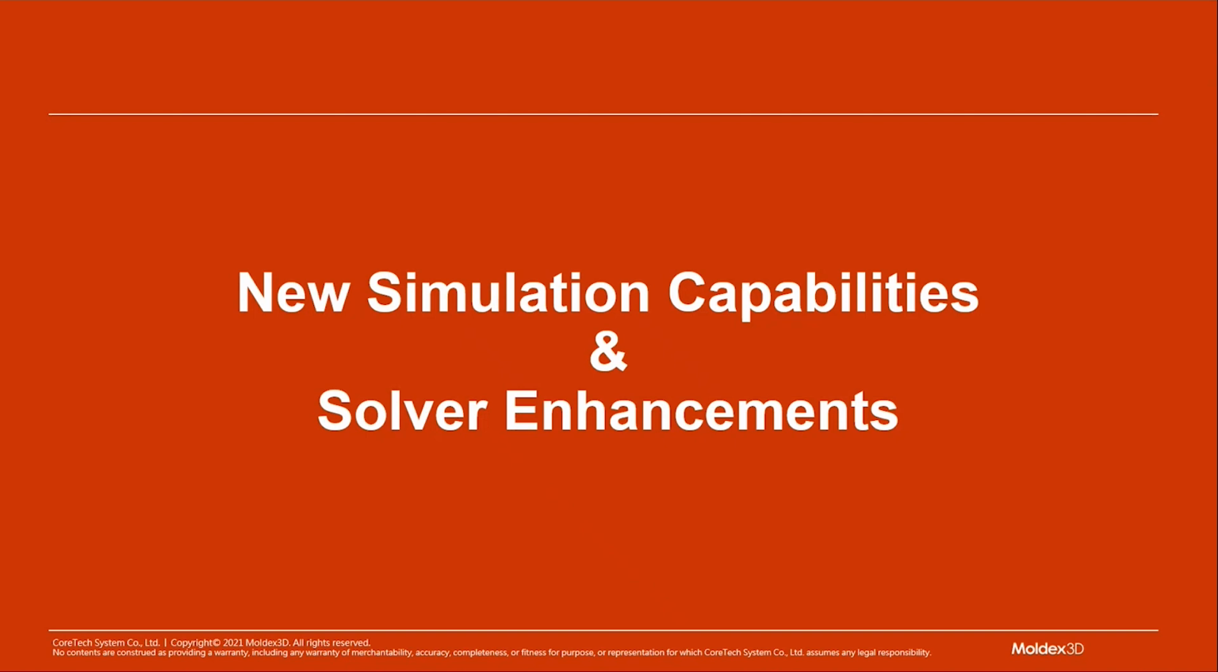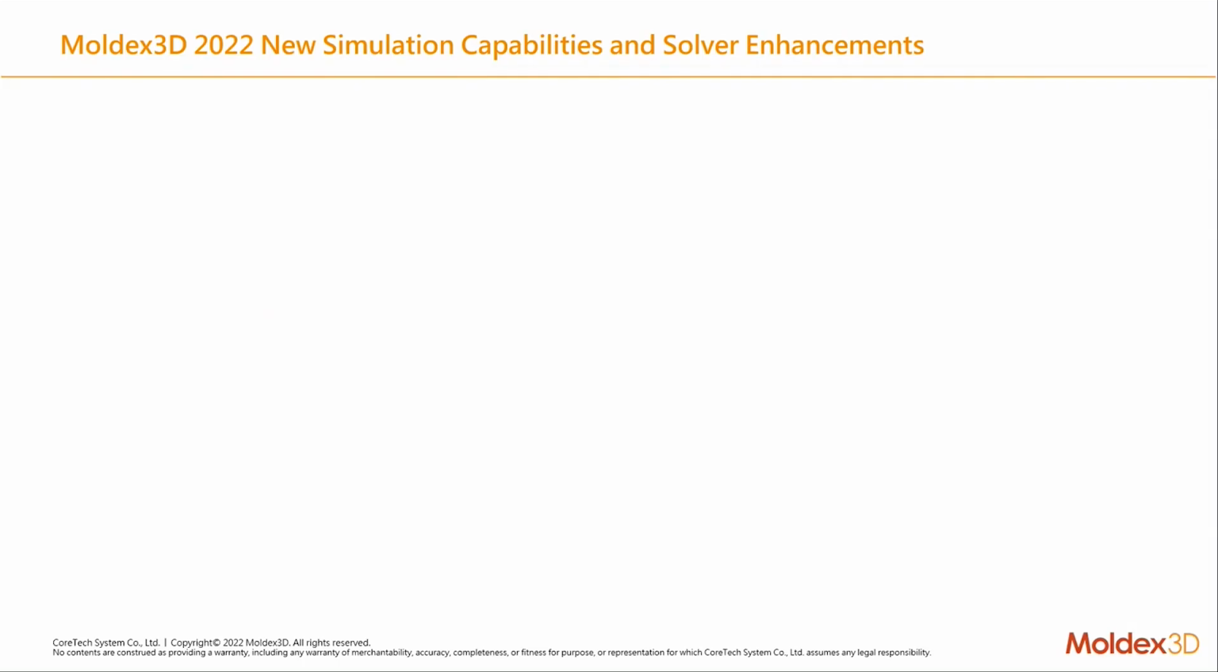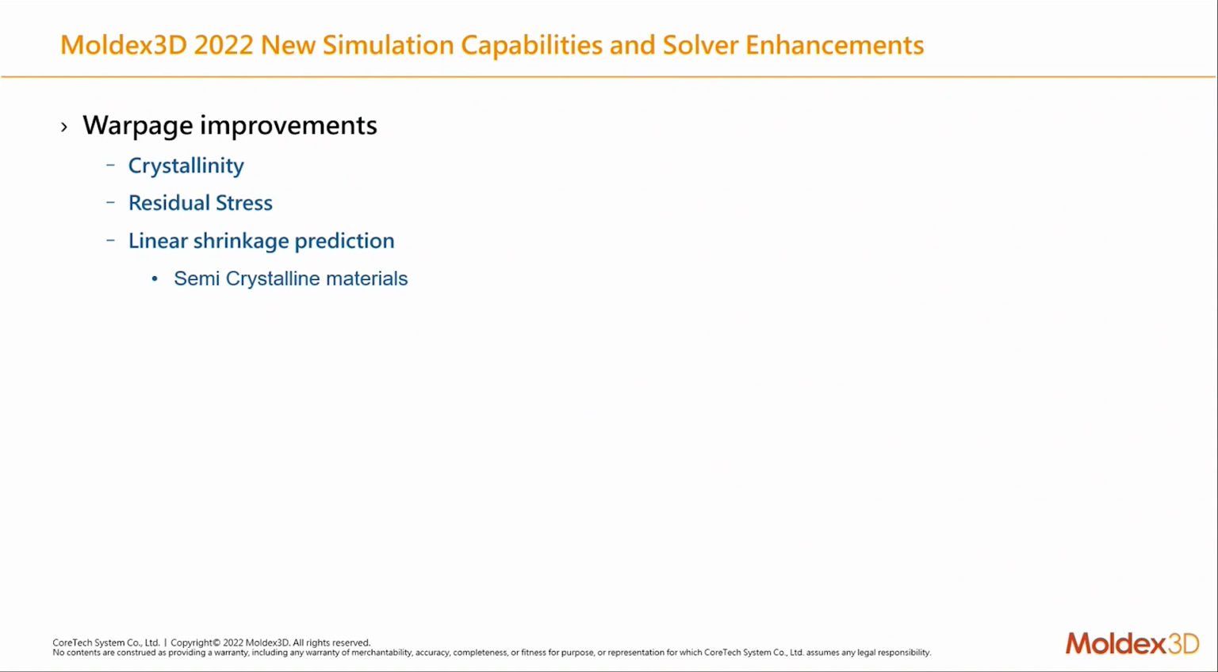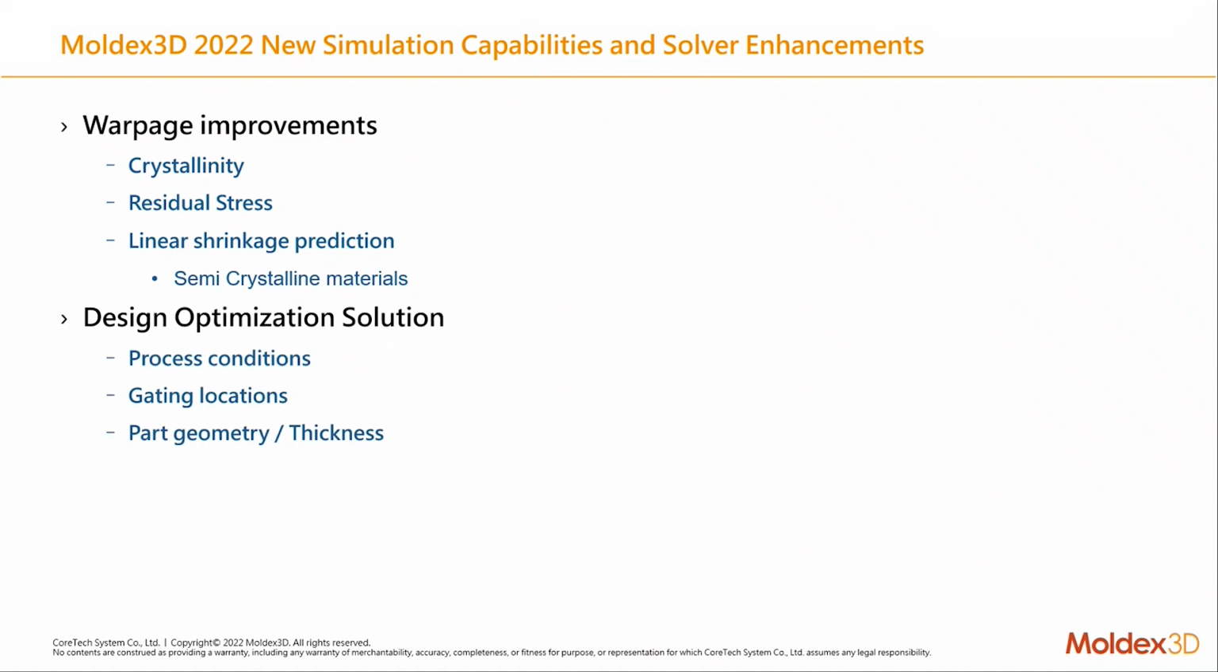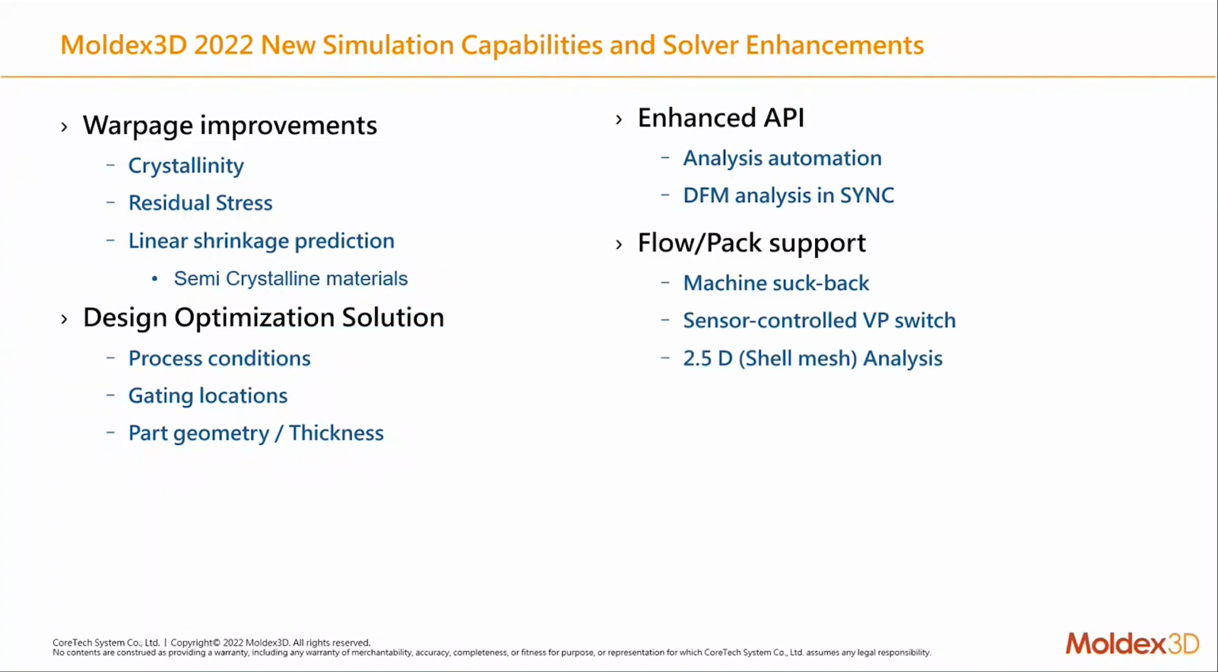New simulation capabilities and solver enhancements. Warpage improvements based on crystallinity, residual stresses, linear shrinkage predictions, and then design optimizations in process, gate and part geometry thickness, enhanced APIs, flow pack support. We also have the 2.5D shell analysis now available starting